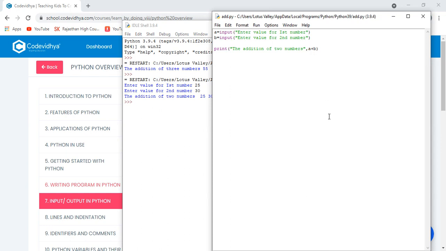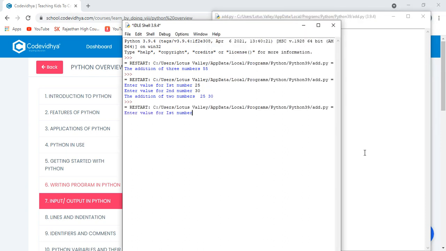See, here is one more thing you have to consider. Whatever you take in input will act as a string. That's why it's just printing 25 and 30 as it is. Now we have to convert this first. So using another variable c, we will convert this input. How can we convert? Using the evaluate function, eval, and here you write a plus b. Now we will see if everything is in place or not. 30, 30. Again it's saying the same thing.